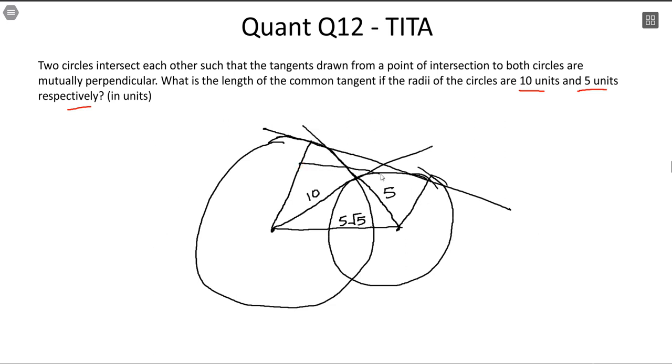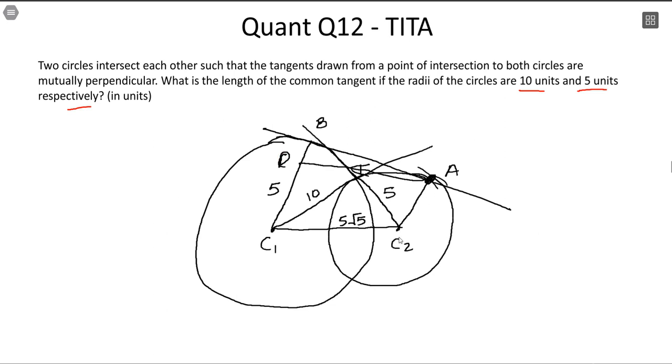If I draw a line here, done, this is 5. This length here, can you see? This is center 1, this is center 2, this is the point of intersection with the tangent, and also this line, same thing. I have drawn this line parallel, naming this point A, this point B, where the tangent is meeting, this point is D.